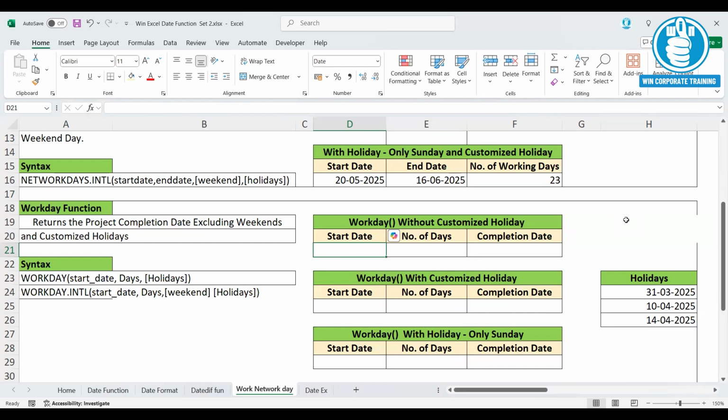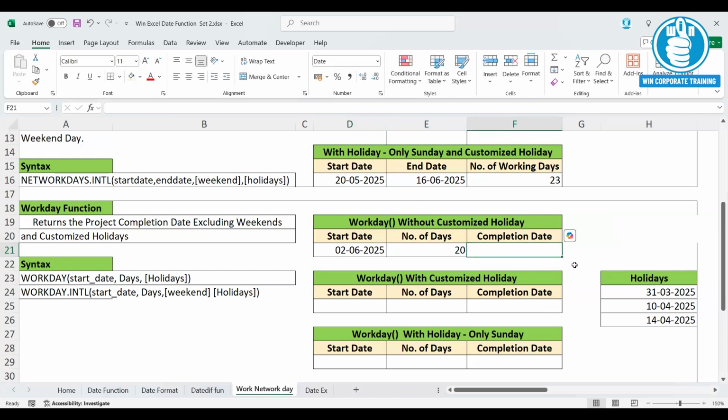So let me say the project starting date is 2nd June 2025, and the number of days I need to complete my project is around 20 days. So I need to get a completion date.